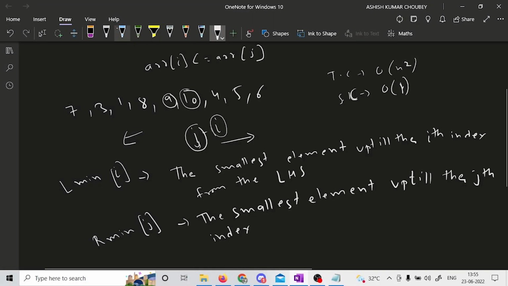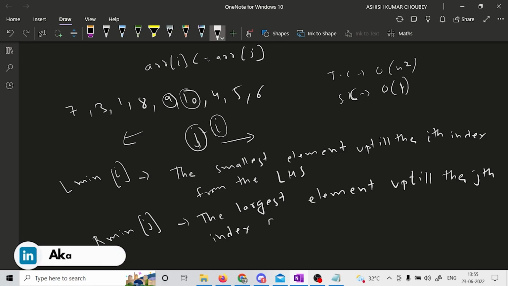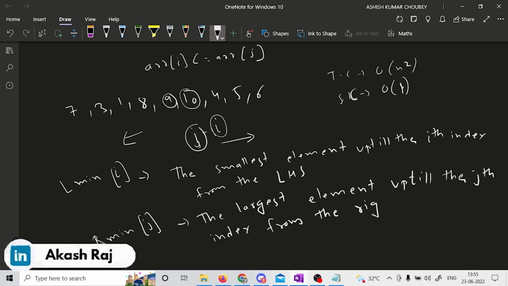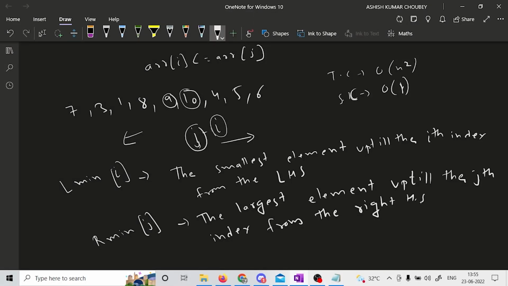Sorry, this is not the smallest, this is the largest. Okay, so if we go about forming such an array,